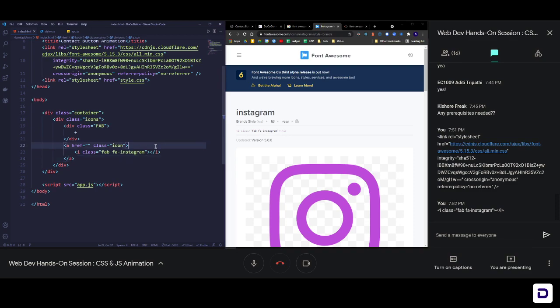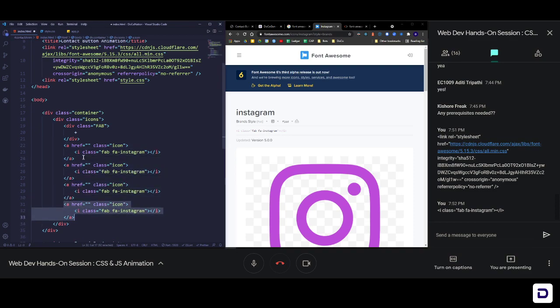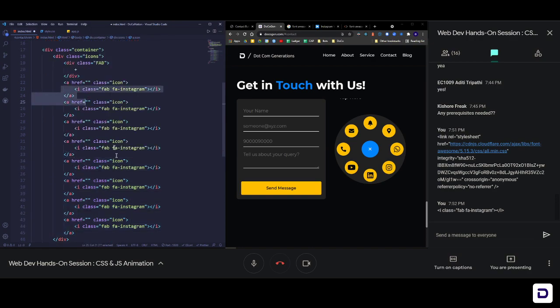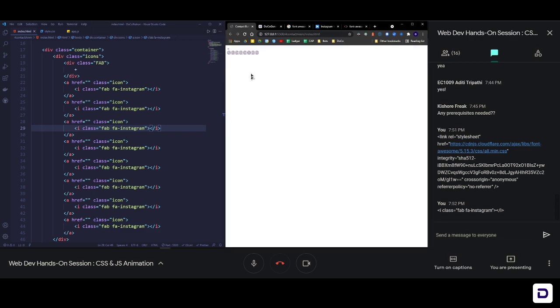Next, I'll copy this for now and paste it below a few times. Let's count the number of icons we have here: 1, 2, 3, 4, 5, 6, 7, 8 icons. So let me copy this: 1, 2, 3, 4, and 8. Now I have 8 icons here. Not different ones though, because I'm going to apply the real icons at the end. Right now we are just doing the HTML part, so I'm going to leave them all as Instagram and focus on styling. Now you can see I have 8 Instagram icons and one plus icon. This is all that we need to add inside the HTML.